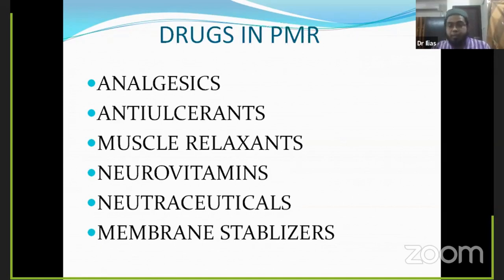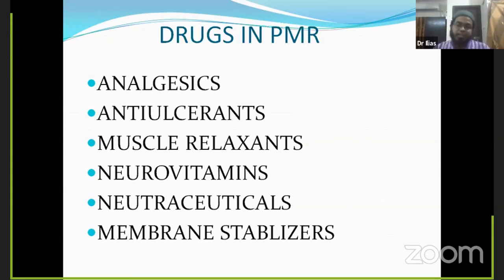Okay, so as a consequence of anaerobic glycolysis, the byproduct will be lactic acid, and that lactic acid is the irritant substance for the muscles. So whenever there is muscle spasm, the patient will have irritation of the muscle, and as a consequence, the patient will have pain due to the lactic acid formation. So until you go for total relaxation of the muscle, along with the prescription of the NSAID, the patient won't get 100% relief from the pain.